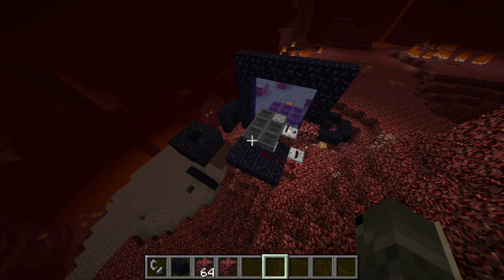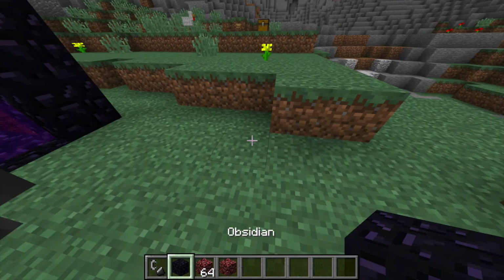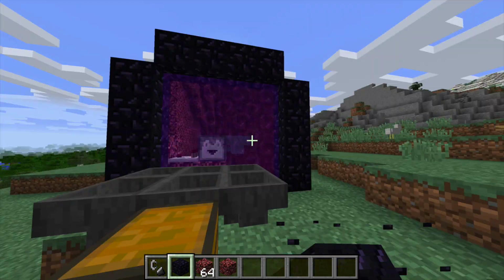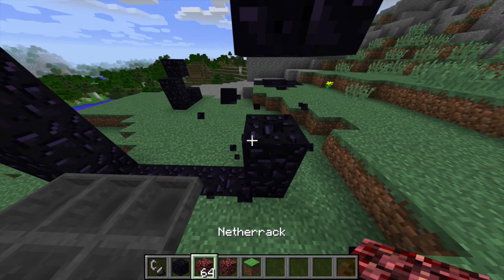This means that you can do some pretty crazy stuff with transportation of items through the nether. Especially if you build a small portal like this. That way it's less laggy than a big portal. And less noisy, God. But